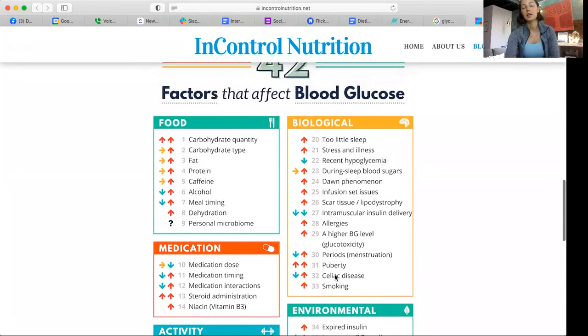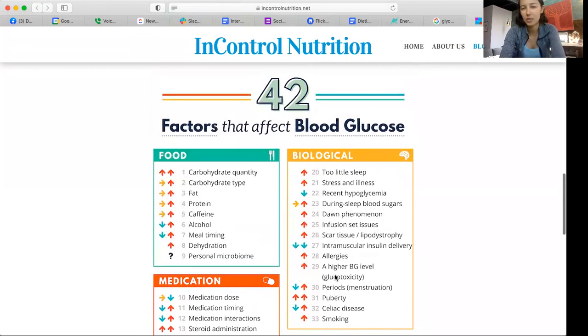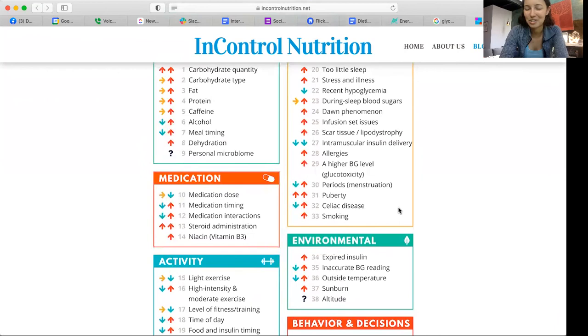So I just want to throw this in. I know it wasn't related to the question, but I came across it as I was looking for some charts, and I thought it was really interesting. So even though we talk so much about carb pairing, just realize it is a lot more complex and a lot more dynamic than just, did I eat a carb and a protein and a fat?